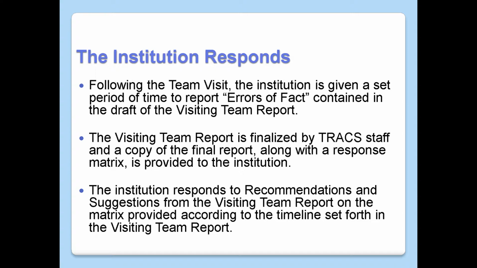An error of fact is just as it sounds. It's something that we got factually wrong. They have 20,000 volumes in their library and we said they had 2,000. They're going to want to correct that. They want to set the record straight on that. They have 50 students and we said they have 500, or it could be any factual area. We've said that they are in Los Angeles, California, and actually they're in Dallas, Texas. Anything that is factually inaccurate, we want them to have the opportunity to correct that.